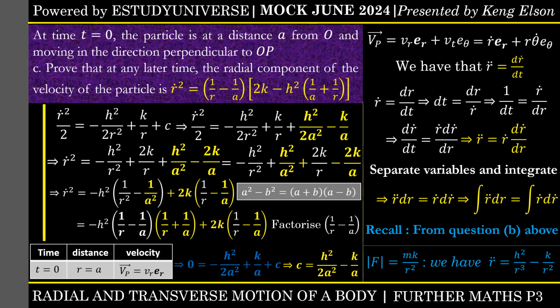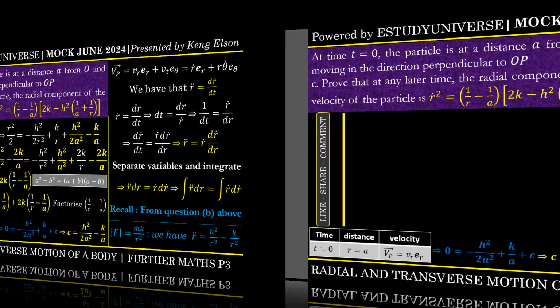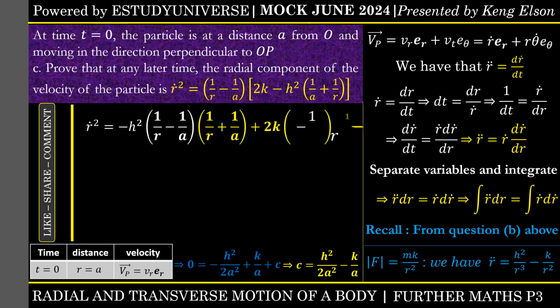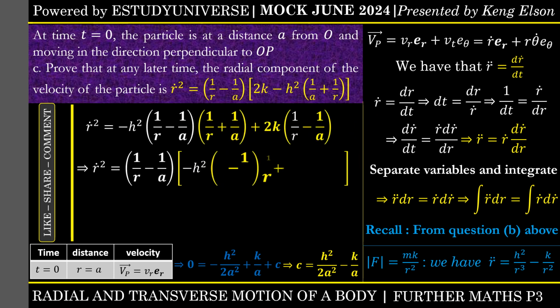Then we need to factorize 1 on r minus 1 on a, since it is common in both terms. Basically we have this, and factorizing 1 on r minus 1 on a, we are going to be left with, from the first term, negative h squared times the 1 on r plus 1 on a, and in the next term,